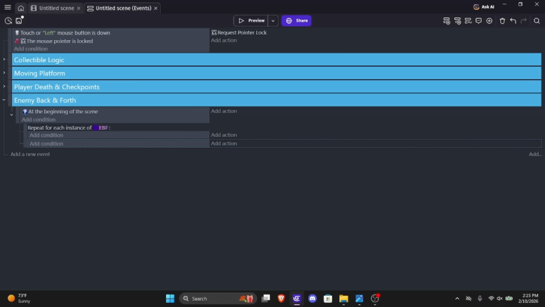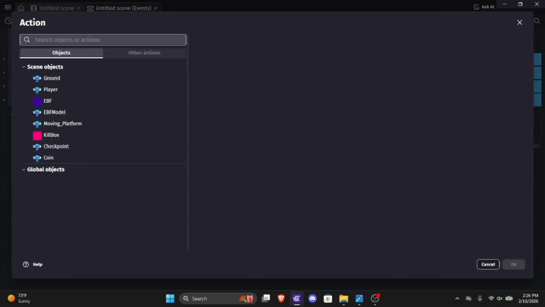This is what we want to happen. Now, this is the main condition right here. At the beginning of the scene, it's going to repeat this for each instance. Now, just like we did with the moving platform, we want to set up start X first. So let's add a condition because we want this to happen anyway. This is only going to happen once at the beginning of the scene, so you don't have to worry about it repeating. At the start, we want to set start X of EBF to be equal to the X